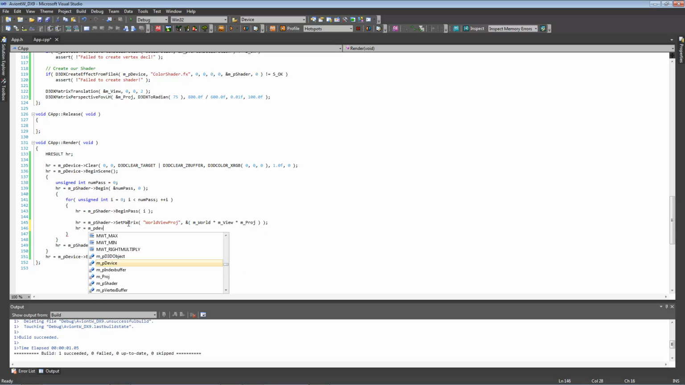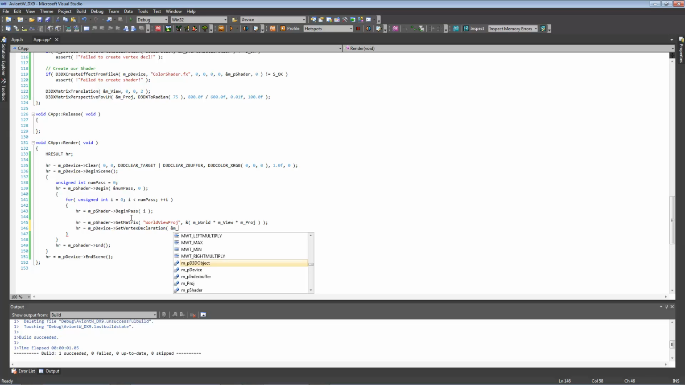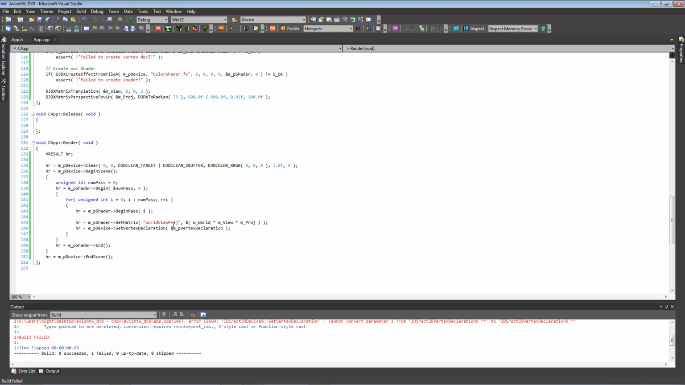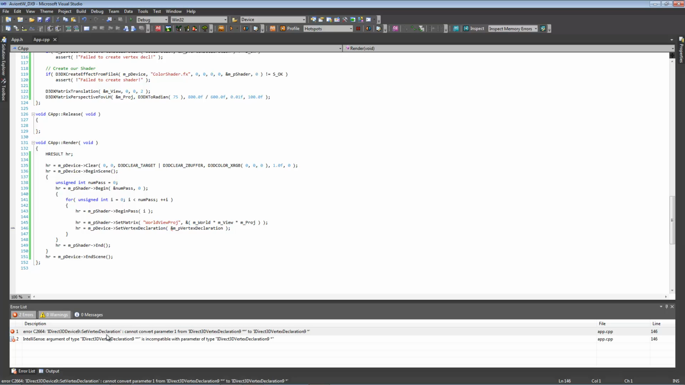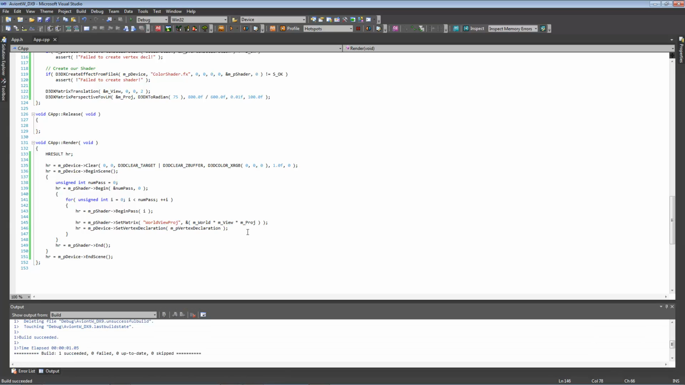So m_p device, and we're going to do set vertex declaration, and we're going to set it for the address of, wait, no, actually it doesn't want the address, sorry, m_b vertex declaration. And that's that for the vertex declaration. Next, for our, wait, one sec, oh, my bad. Now compiling it, it should work. HR equals m_p device,